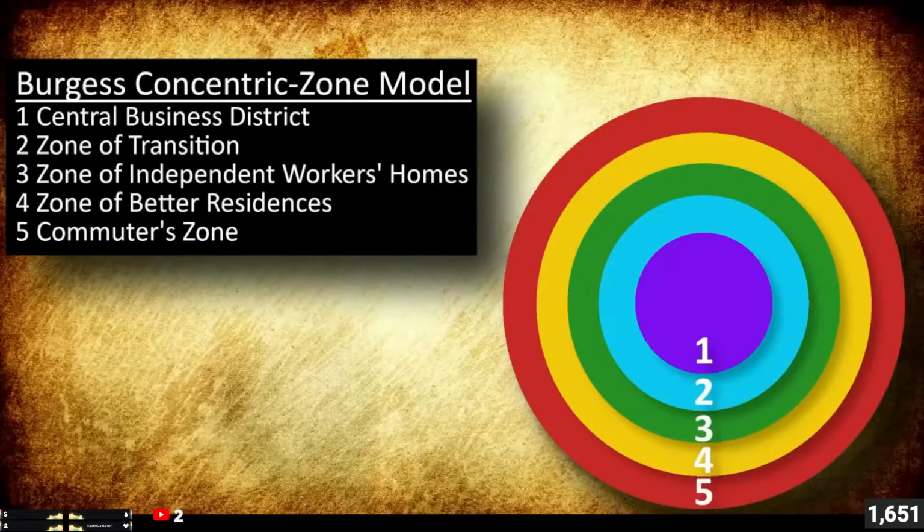All right, buckle up, geographers. The next part of this unit is on models, and when we say models, we've got a lot of models. So sit back and just focus on the main concepts. You've got this. We start with the Burgess concentric zone model, which has cities growing outwards from the CBD in a series of rings. Newer homes are built on the outside of the model, with older homes near the center.